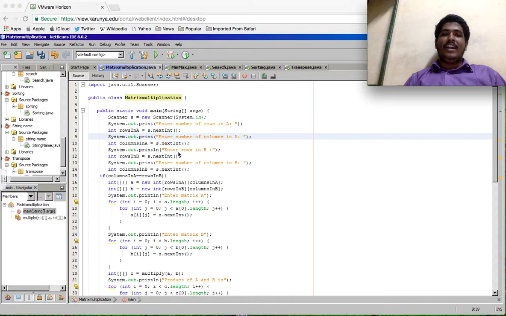System.out.println("Enter the rows in B"); int rowsInB = s.nextInt(); System.out.print("Enter the number of columns in B"); int columnsInB = s.nextInt(); if (columnsInA == rowsInB) { int[][] A = new int[rowsInA][columnsInA]; int[][] B = new int[rowsInB][columnsInB];